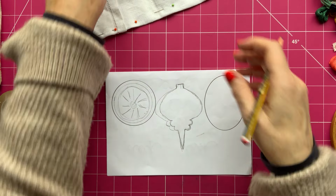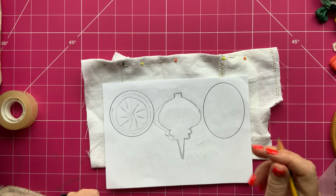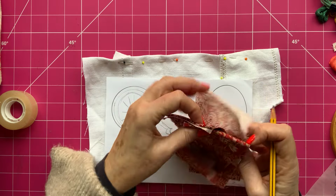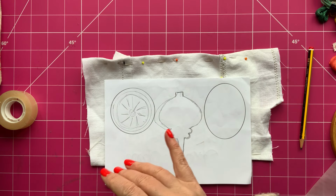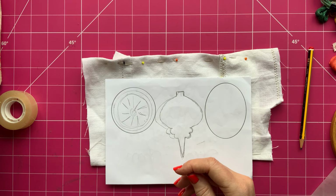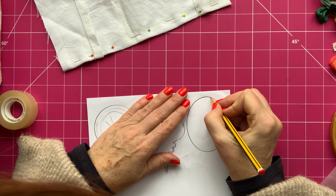Oh, I'm just thinking now, do I want them actually coloured, or do I want to do my own designs inside? Because I'm thinking those vintage, but I don't think I want those. Oh dear me. Or do I want something brighter maybe? This one I'm not happy about either. I would prefer that one to be